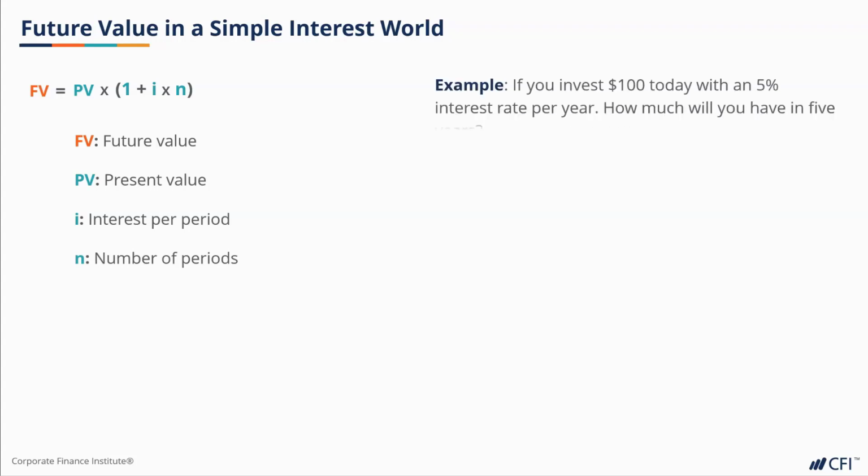As an example, if you invest $100 today with a 5% interest rate per year, how much will you have in 5 years? PV in this case is 100, the interest rate is 5%, and the number of periods is 5 years. The FV, according to the formula in this case, is $125, the same as it was in the